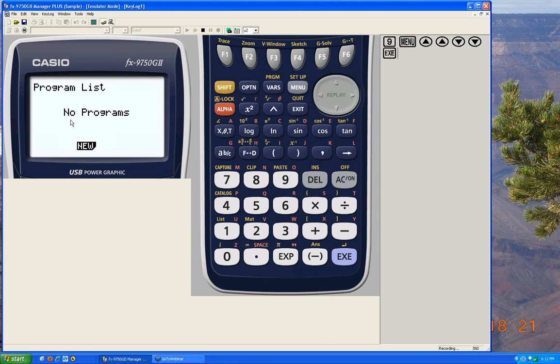So when we first hop into programming here, here's our program list. You can see we don't have any programs in it. There are no pre-stored programs loaded on the Casio calculators when you purchase them. This is entirely a user-based programming area, so if you haven't created a program, you shouldn't be surprised to not find anything there. We're given a prompt here at the bottom of the screen that says New, and of course